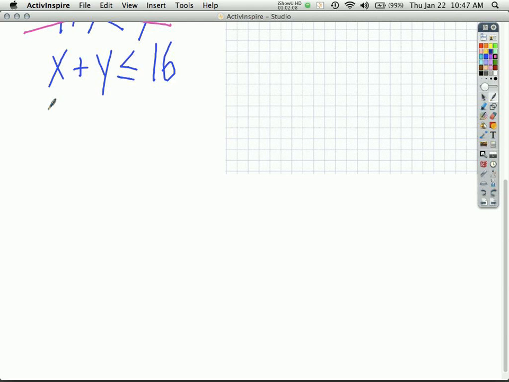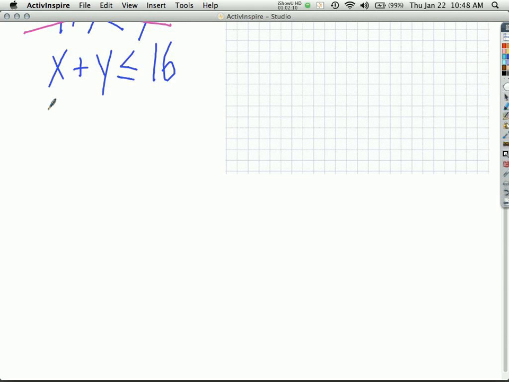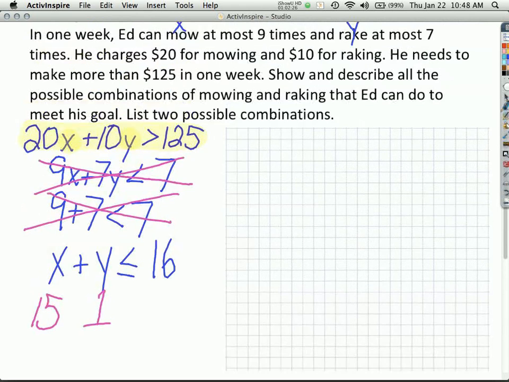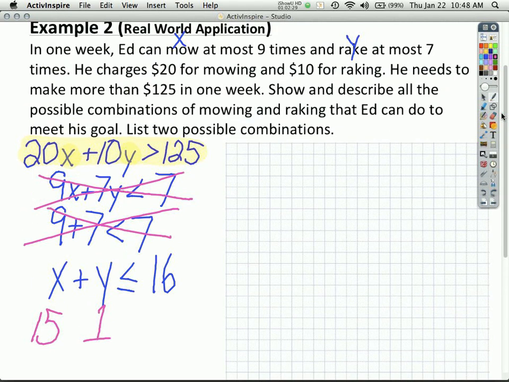Okay, so let's pretend that Ed mows 15 times and rakes 1 time. Is this a true statement? Yes, it is. But now, look at the English. Does it meet the requirements? No. Someone tell me what's wrong. What's wrong, Von Trevis? You can't have 15